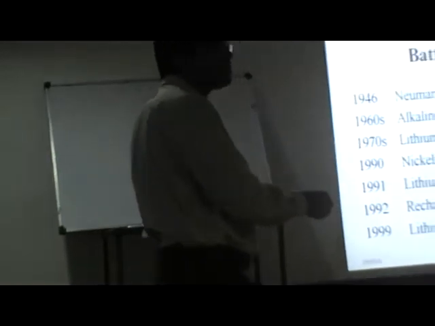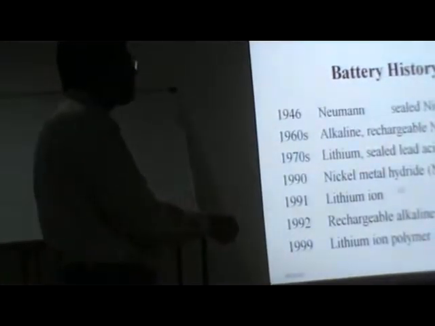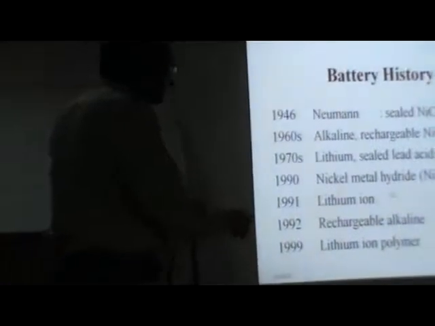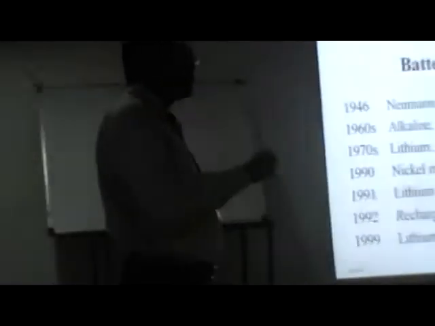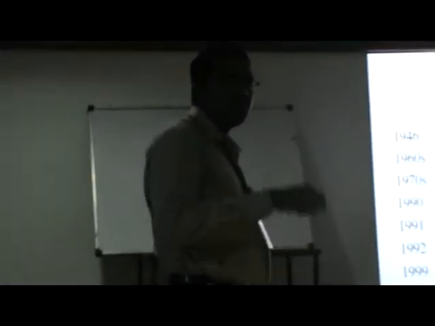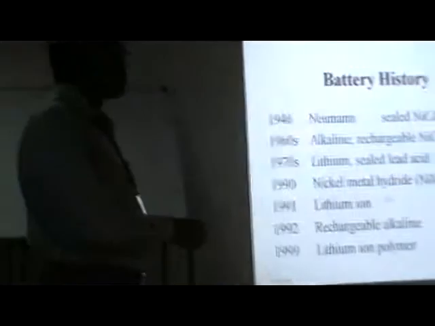Suppose we are using an A cell and AAA cells. This type of battery uses nickel cadmium. But the cost is more, and the rating is very low. It is only 1.5 volts or 2 volts. But if you want more rating, the cost is higher.